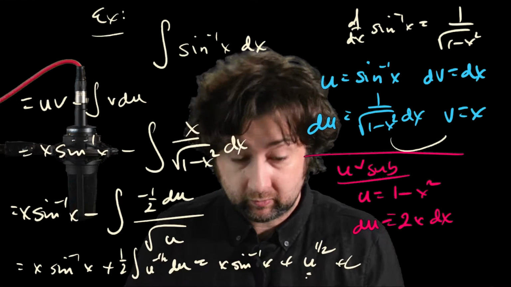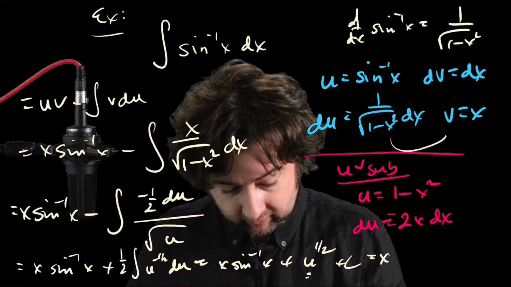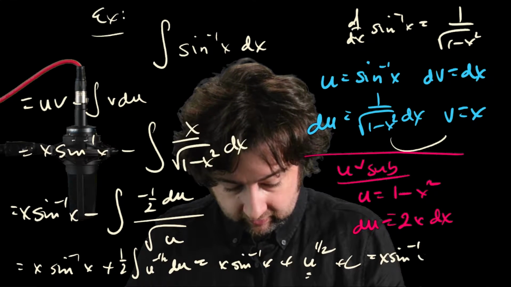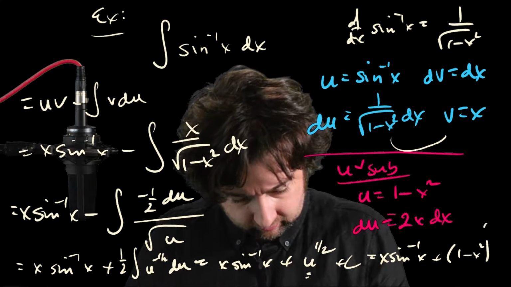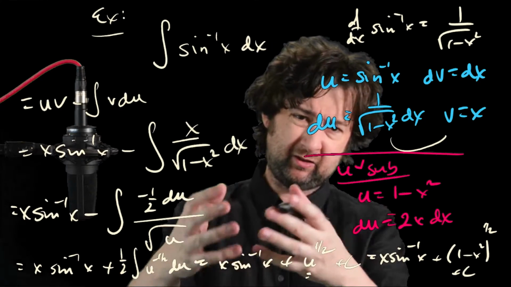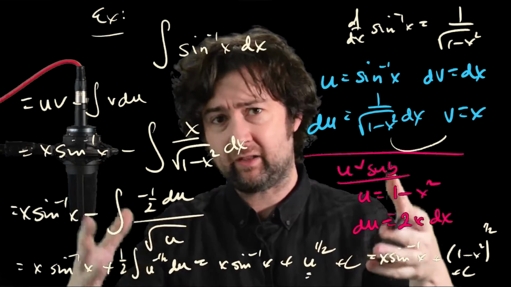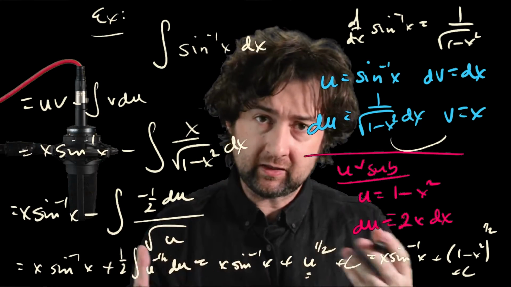But u was equal to 1 minus x squared, and so the final answer here is x arcsine of x plus (1 minus x squared) to the 1/2 plus C. Now that might seem like just a cluster of math, right? There's lots of things that we did, but this is the sort of blend of ideas that comes up in